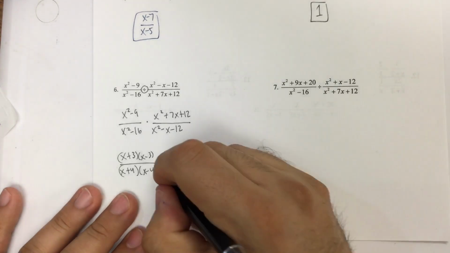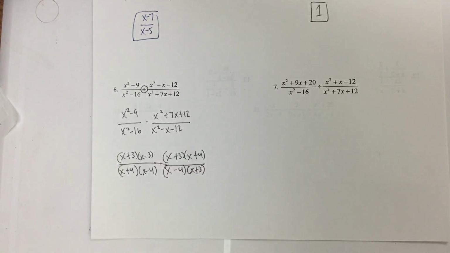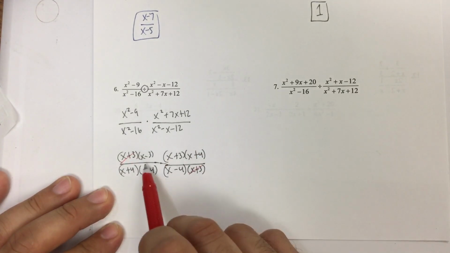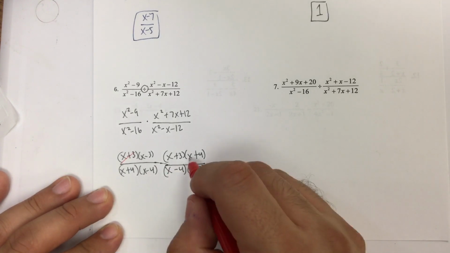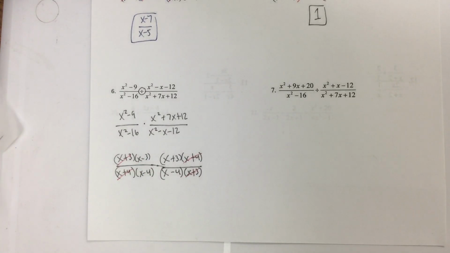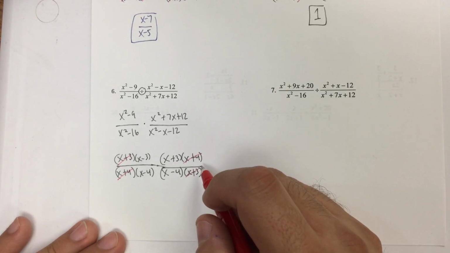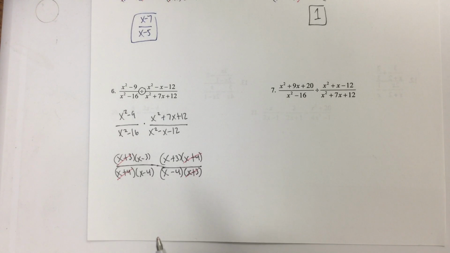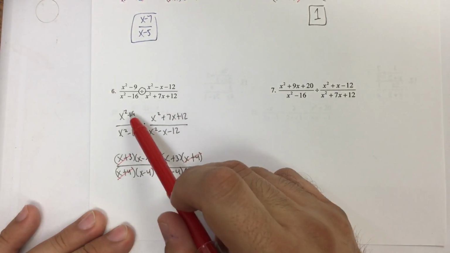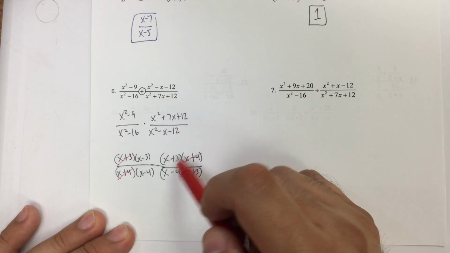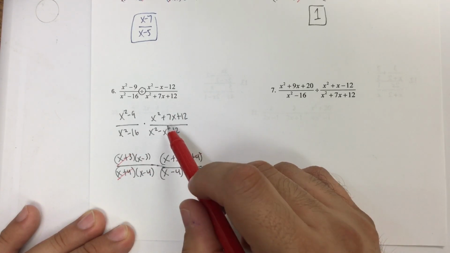Alright, and then we extend our division bar. Since we're multiplying, we cancel out our common factors here. So x plus 3 is at the bottom. X minus 3 is not. X plus 3 is not. X plus 4 is. And x minus 4 is not. So let's make sure. X plus 3, x minus 3, x plus 3, x plus 4, x plus 4, x minus 4, x minus